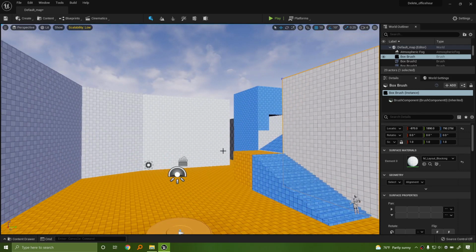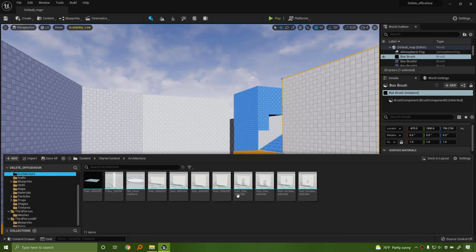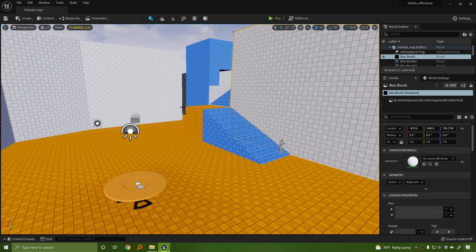And the goal of the second assignment isn't to be like, well, now you guys are level designers. That's not the point. The goal of this assignment is to reinforce what we did in the first class with the starter content and the architecture and the props. This is all well and good, but this is a step above that. This might be rudimentary for some of the folks who have experience in the engine, but just stick with me. It should be fine.